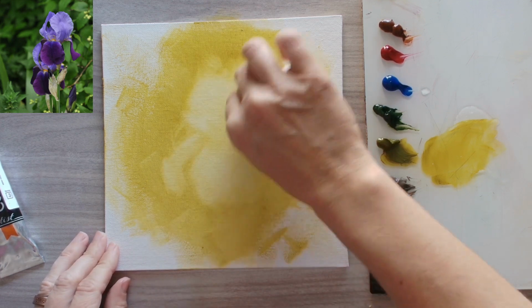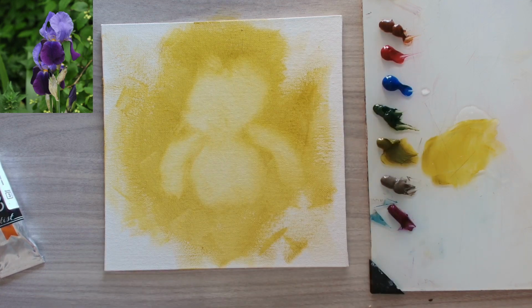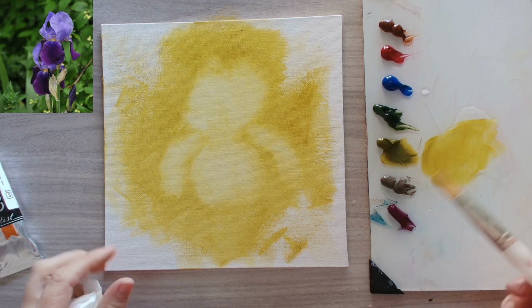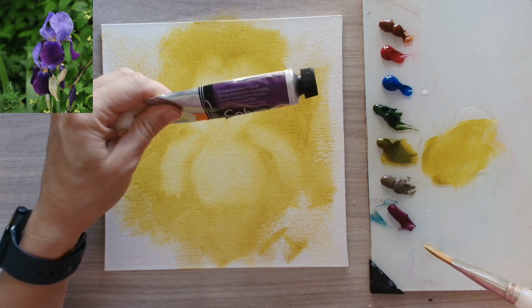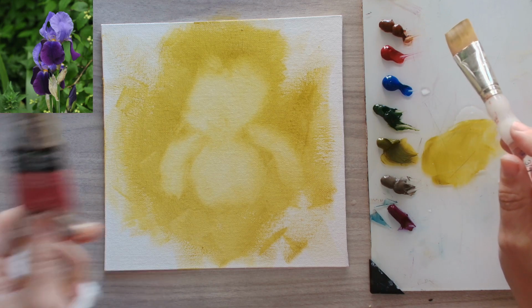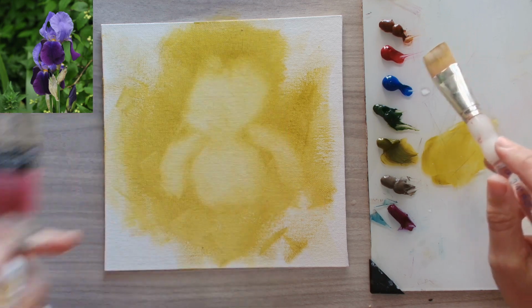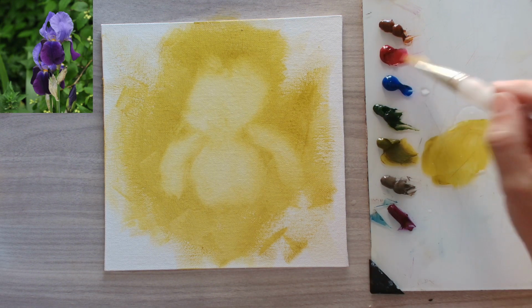So I'm just kind of lifting off some of that color where the iris is going to go, and then I'm going to go back with my brush. I'm going to start with my brush and then build up to the palette knife. And I've got out this beautiful quinacridone purple bluish. I've also got out this permanent rose. So I figured between those two I'll get that sort of purpley,